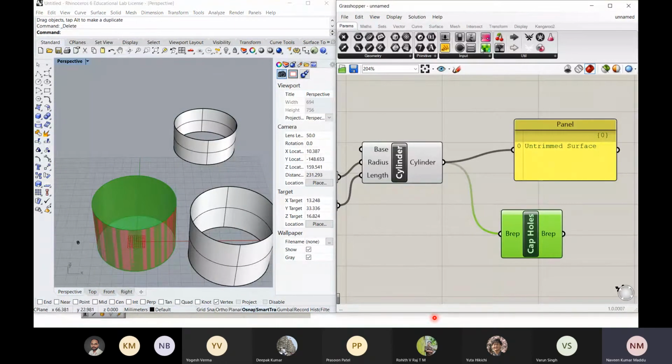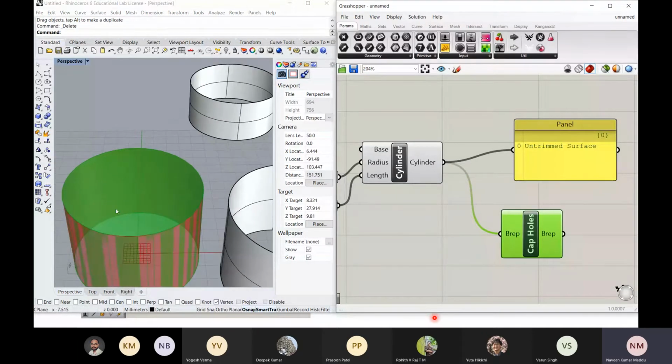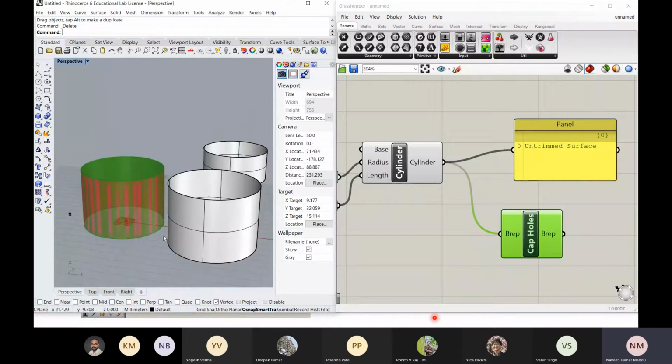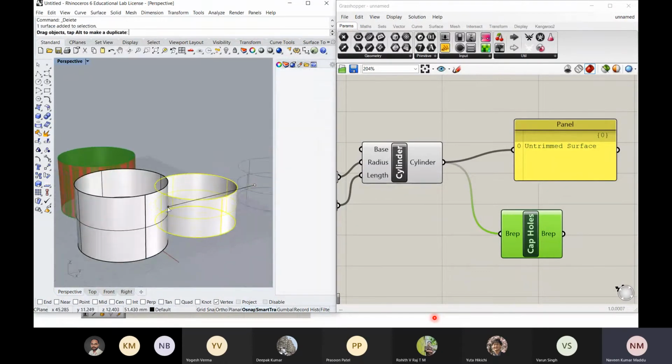Don't expect anything to be inside the cylinder. It is a solid. You can calculate the volume and you can do anything. But if you want to do constructive solid geometry, that is CSG, you can do that only when the two solids intersect each other.